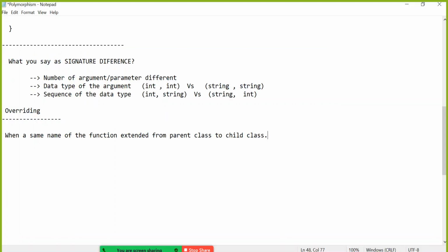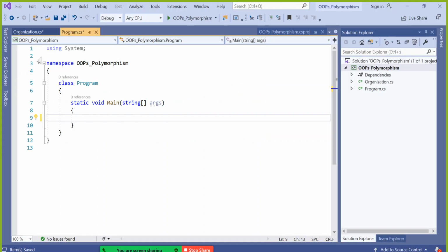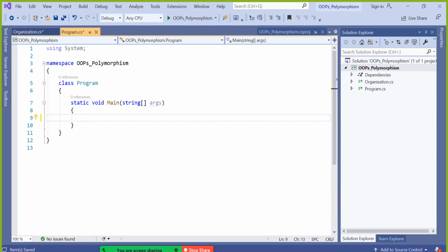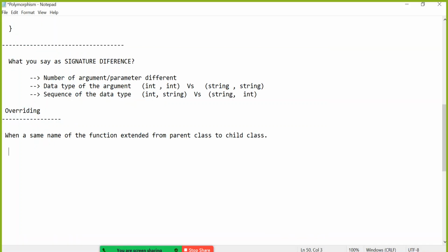Now what is the solution for this problem? Currently we don't even have a difference in the signature. Here also zero arguments, here also zero arguments. Still, whichever object I create, through that object I want to call both the functions, whichever is required. So the solution is,